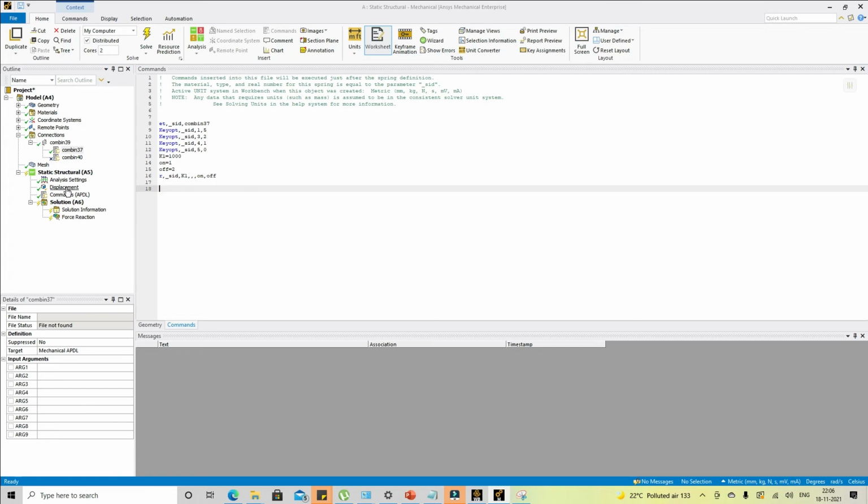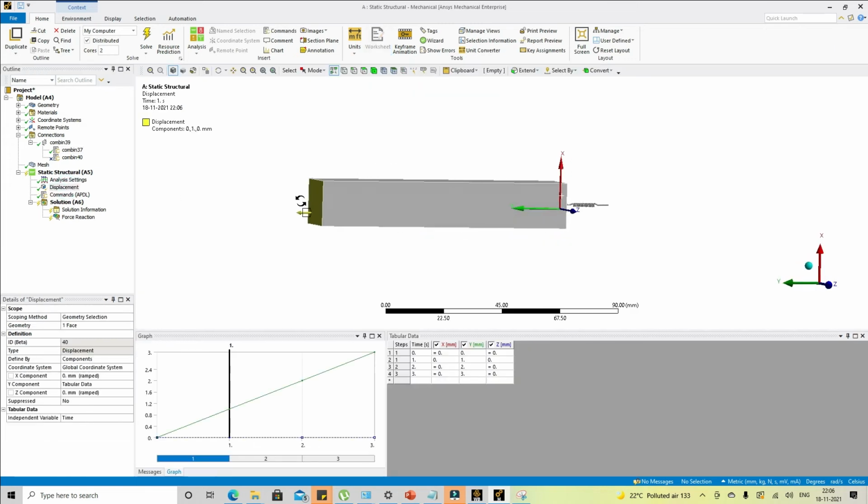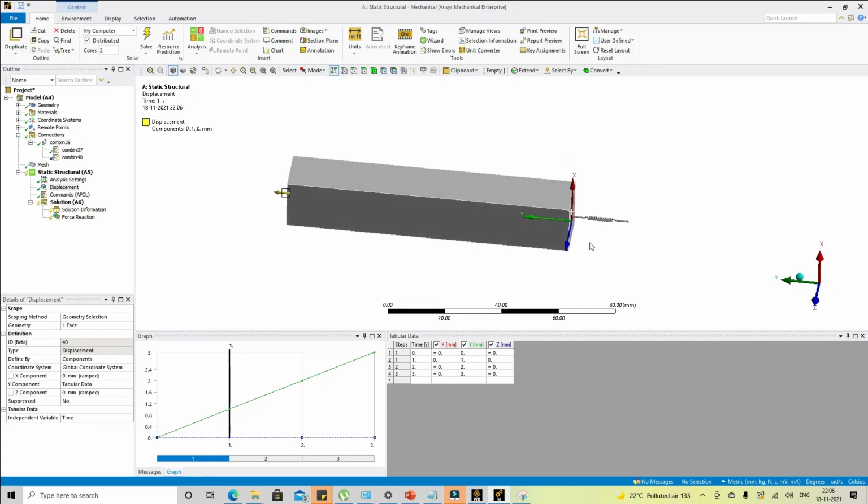So what I am expecting from this model is that whatever displacement I'm applying, there should not be any resistance from the spring till the end of load step 1. After that, this spring will start resisting the motion. Then again in load step 3, there will be no resistance from the spring.